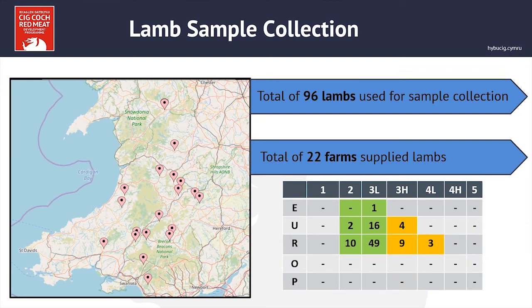During lamb sample collection, we worked with 22 different farms in order to source the 96 lambs that were required for the taste panels. We targeted lambs to be within specification of EUR and fat class 2 to 3L. However, some of the lambs, as you can see from the table, verged into the 3H and 4L fat class